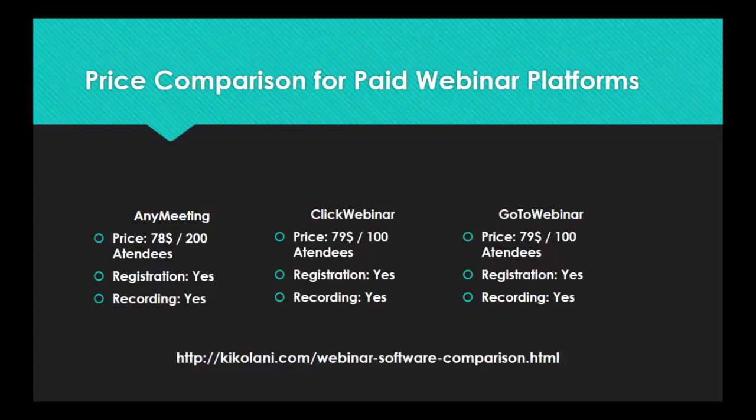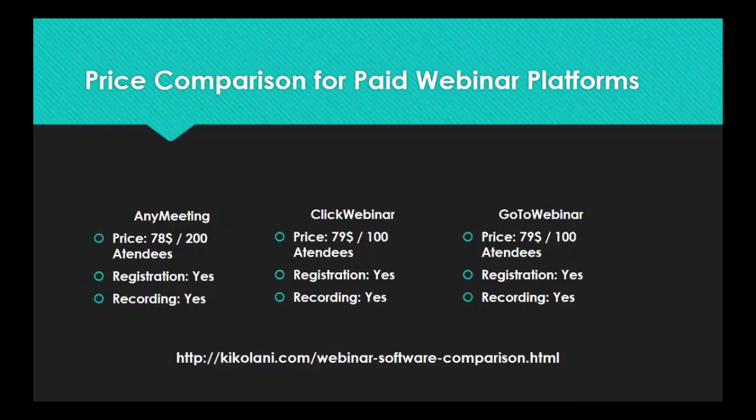First of all, we have AnyMeeting, which is a pretty huge webinar platform. It's pretty good. I actually used AnyMeeting a couple of years ago, 2 or 3 years ago, when it was still forever free. That's how they said it back then, but in the meantime they turned it to paid. But no worries, if things work out for them, that's okay. The price for AnyMeeting starts from $78 per month for 200 attendees. You have registration forms, obviously, and you also have recording for your webinars.